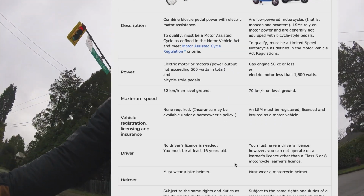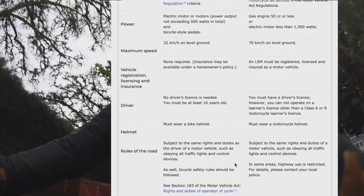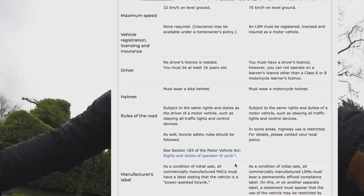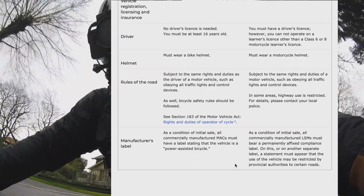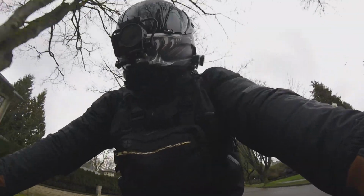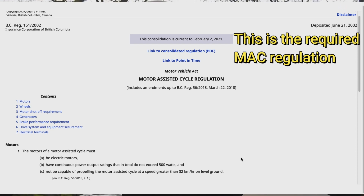So this is the current issue with a lot of these bikes, and people are getting ticketed for them just because there's no insurance or proper plates on them. A lot of people are getting in trouble for them, even though they do have the requirements that are set up. For example, the pedals and cranks, you must have those. You can't go over 32 kilometers, even though some of them do. Some people take the limiters off just to go a little faster, because 32 kilometers an hour is pretty slow. I'm not denying that. It is a bit slow. But